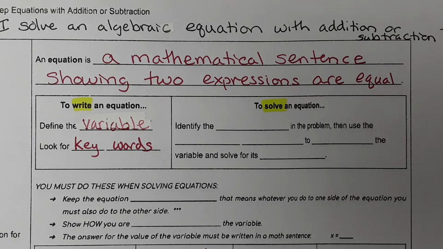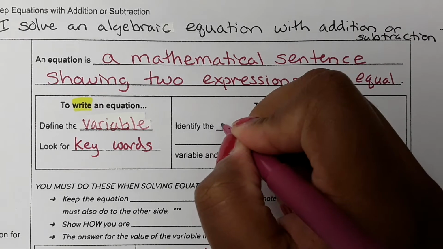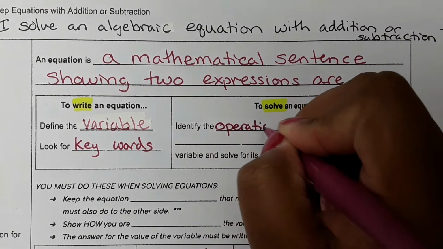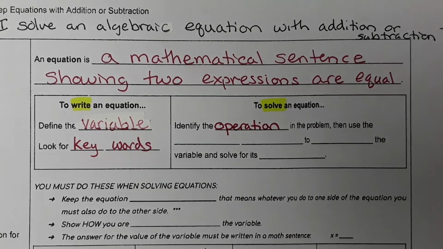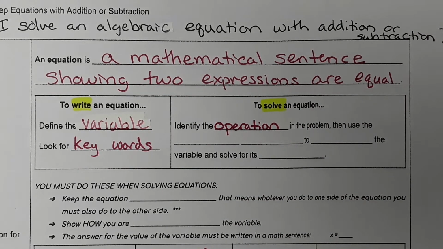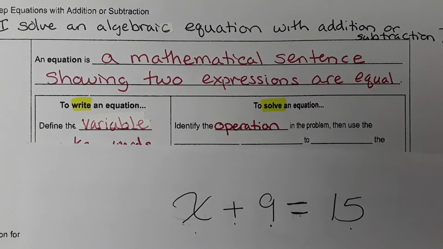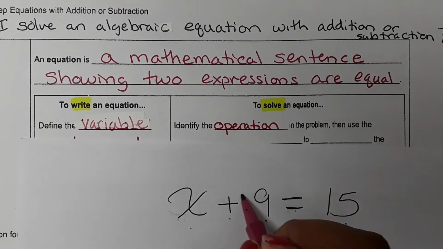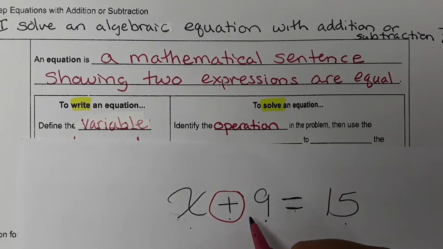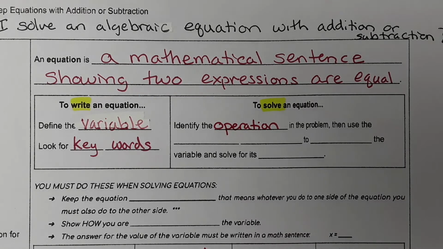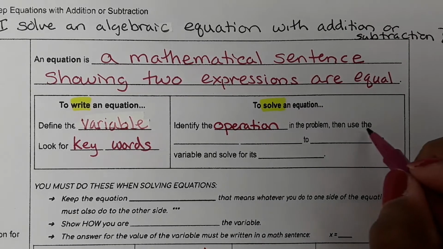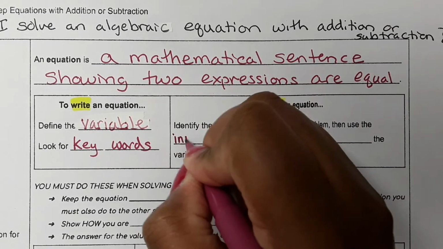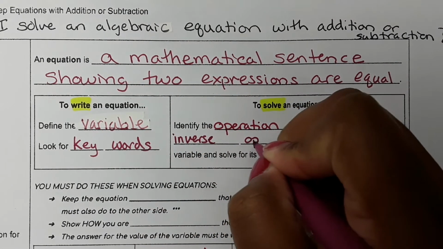To do this, it's very important that the first thing we do is figure out what's happening to the variable. So we're going to identify the operation in the problem. For example, in the example we had before, we can see the operation here is addition, because that's what's happening to the x. We are adding 9. Next, we're going to use what's called the inverse operation,